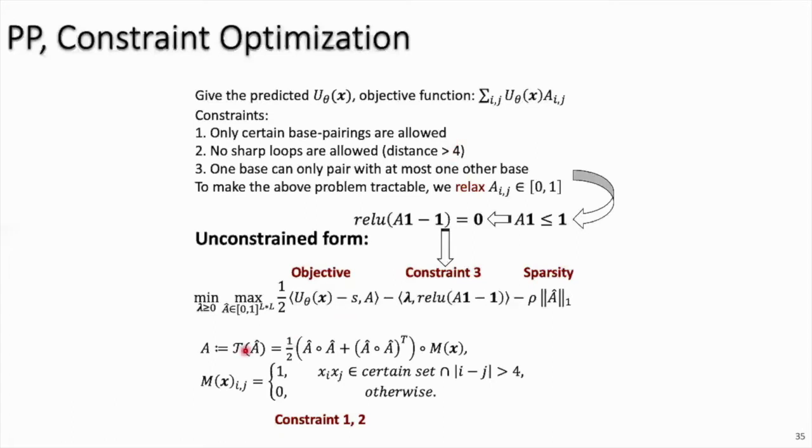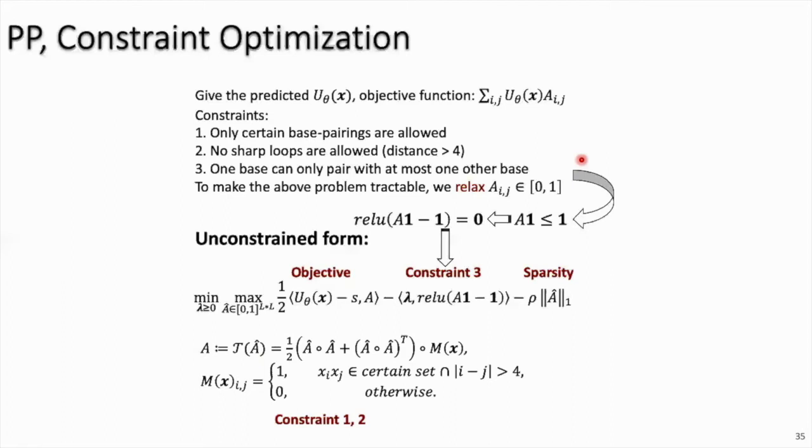So we can define a constraint matrix in this form. And then by multiplying this matrix with the final contact map element-wise, we can enforce those two constraints. Notice that we define this final contact map in this way to make sure it's symmetric and non-negative. Regarding the last constraint, within each row or each column, at most one position can be set with 1.